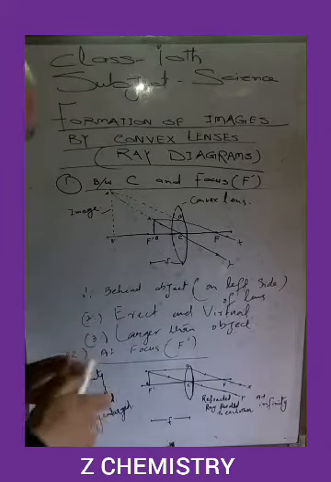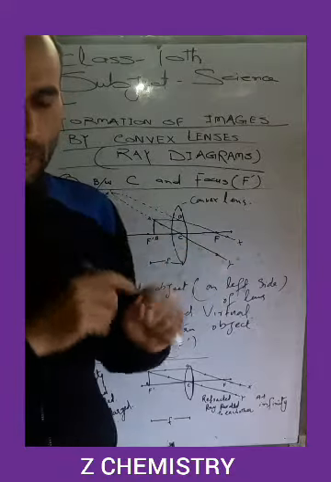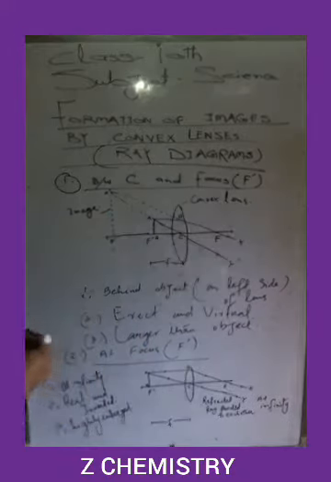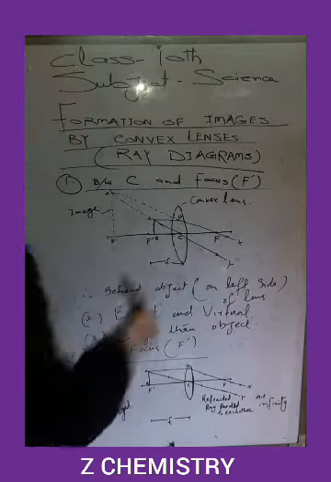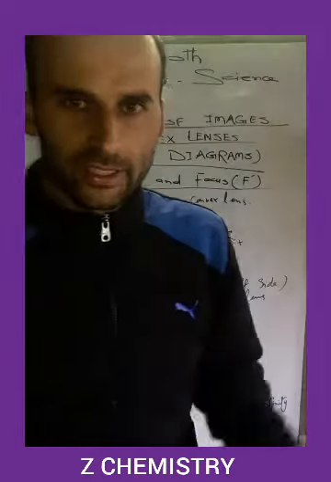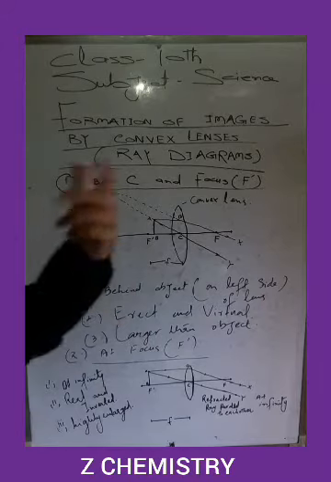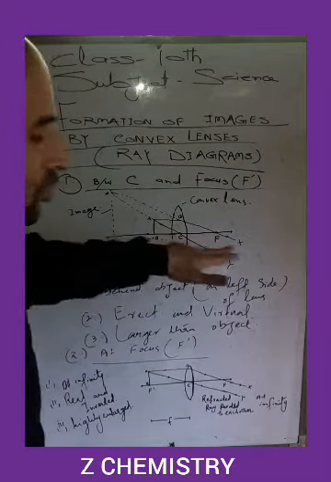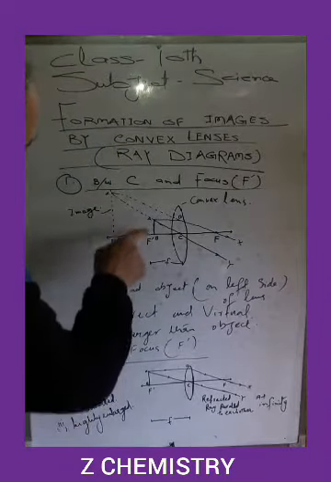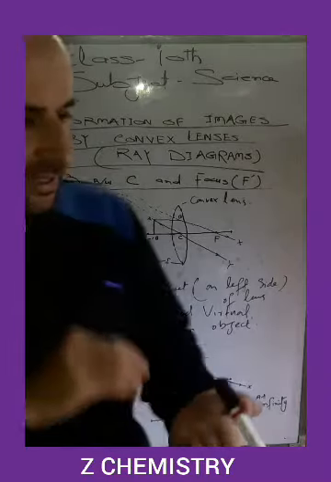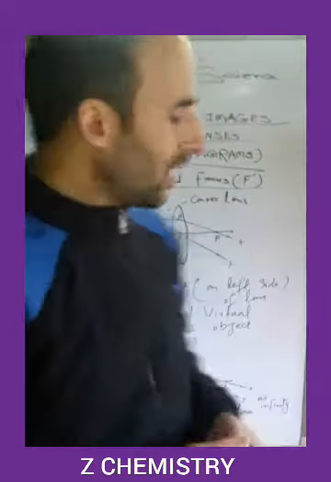From this object, two types of light rays come out. One of the rays goes parallel to the principal axis. As per the rule for refraction of light, we learned that any ray which is parallel to the principal axis, after refraction from the lens, goes through the focus. Another ray of light goes through the optical center, and after refraction from the lens, this ray follows a straight path.